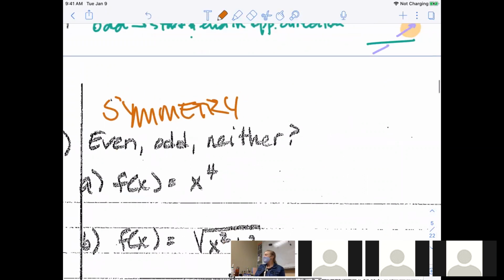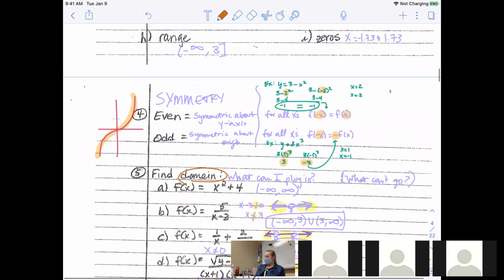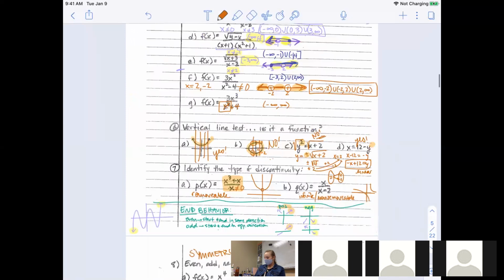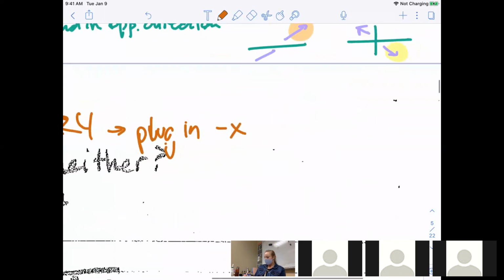And yesterday at the beginning of the page in front of it, we did symmetry and we said that if f of negative x is equal to f of x, then it's even. And if f of negative x is equal to negative f of x, then it's odd. So we're going to put that into practice. What you need to do is plug in negative x into all my equations. If it equals the function you started with,